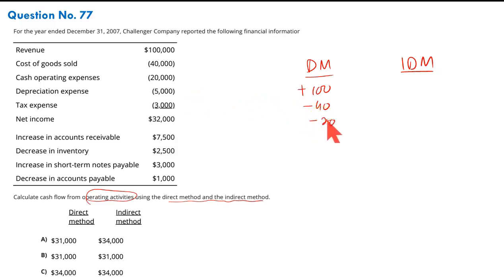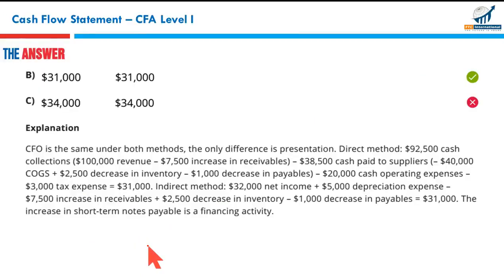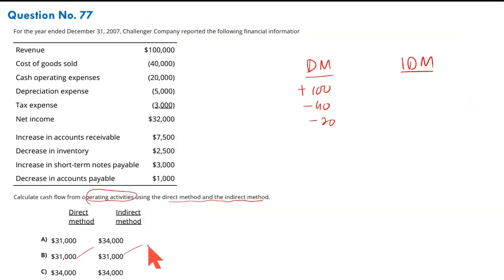You can make a shortcut. Cash flow from operating activities using direct and indirect method would definitely be the same all the time, B. But we are learning, not guessing. So for that we have to do the working, because whether direct or indirect method, the result should be the same. So that can just help us to click the right option. But we need to convince ourselves that we have learned the trick of the trade.